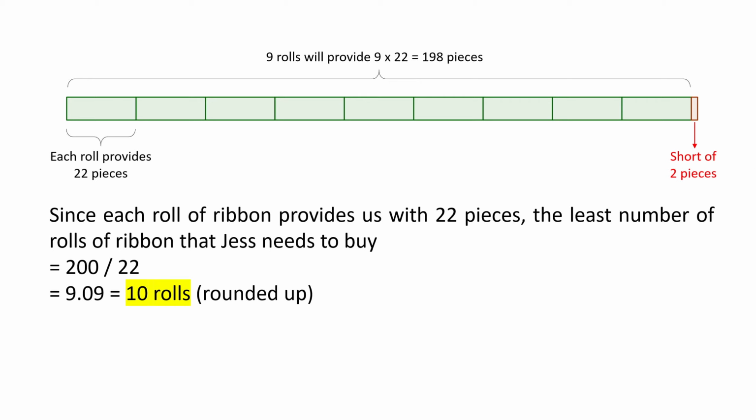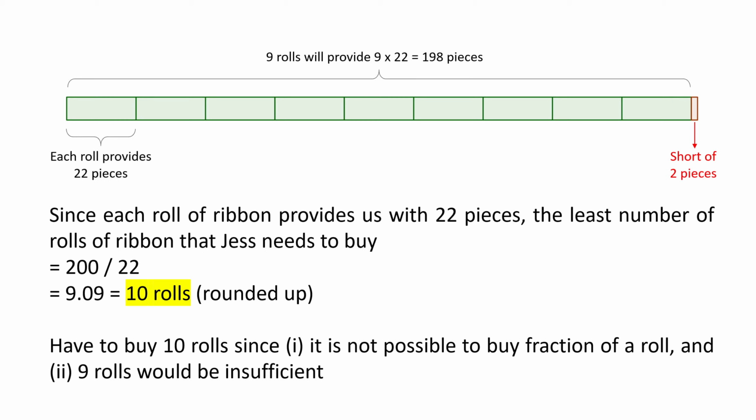We know that the roll of ribbon provides us with 22 pieces, and therefore the least number of rolls of ribbon that Jess needs to buy would be 200 divided by 22. That will give us 9.09, and we have to round up, and this will give us 10 rolls. We have to buy 10 rolls because it is not possible to buy a fraction of a roll, and 9